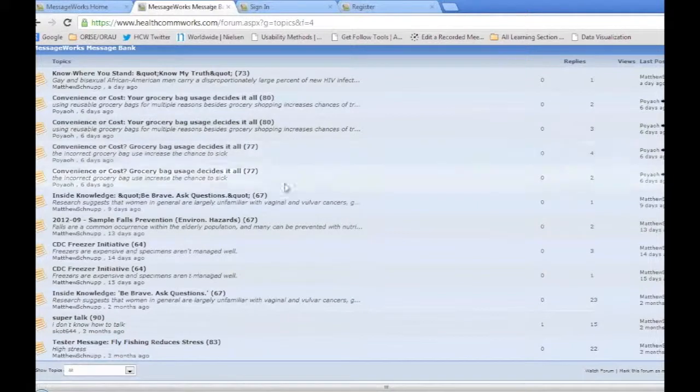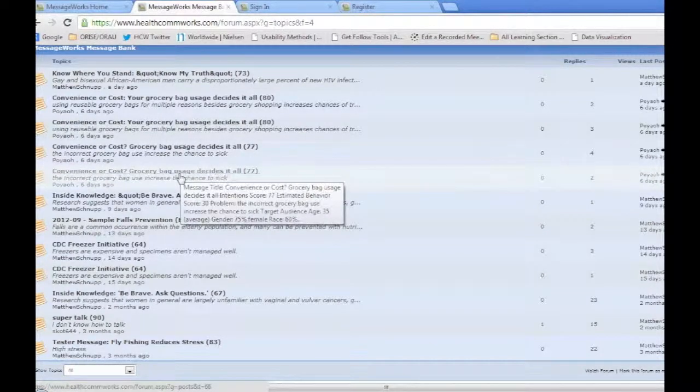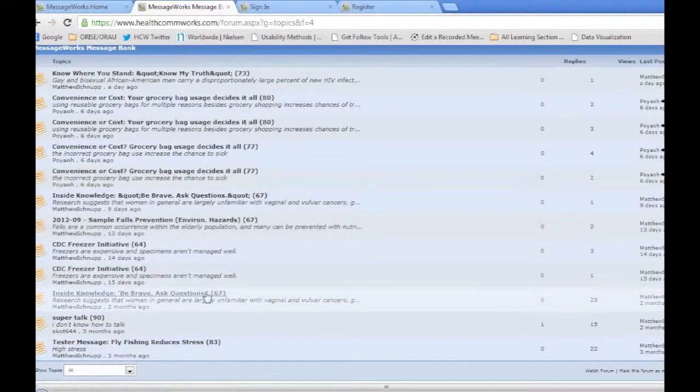And you'll see that we have some examples, and we actually have a couple from other university situations where they have an example where they looked at bacteria rates in bags and whether or not there's a messaging campaign that could address those issues. Do you use a recycle-friendly bag, or do you just keep throwing things in the trash? Or, for example, gynecologic cancer from the CDC, their Be Brave, Ask Questions campaign for inside knowledge. If I was working with gynecologic cancer, I could see, well, the CDC was the source for this message. In this case, I posted it, but if you actually posted it as content, I could communicate with you, and we can start a collaboration going.